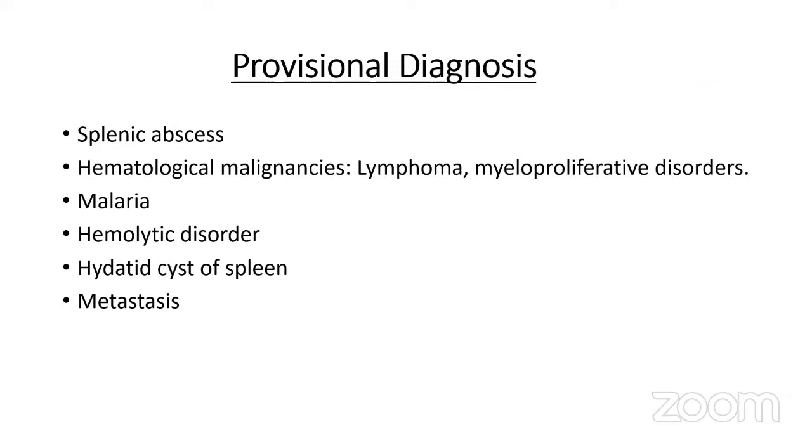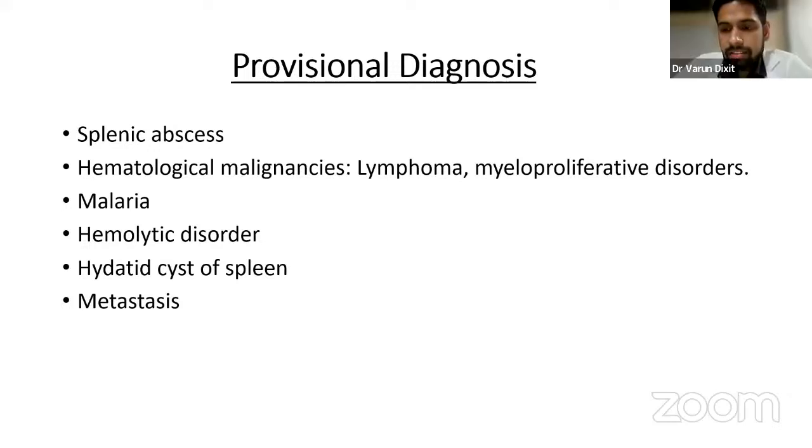Dr. Varun, if you take your history and examination both together, the patient has a short duration of history with pain and fever and tender splenomegaly. So what differential do you want to keep for these patients? Tender splenomegaly with history of fever and pain. So I would like to keep splenic abscess. Is it possible all the time to make out spleen clearly in a patient with splenic abscess unless it is parenchymal, intrasplenic?